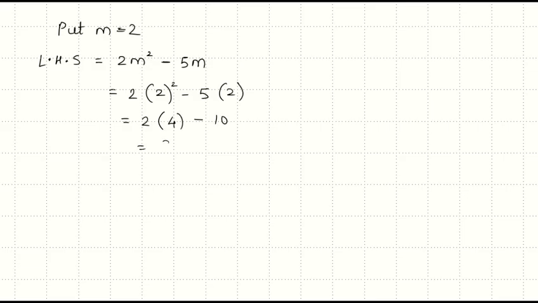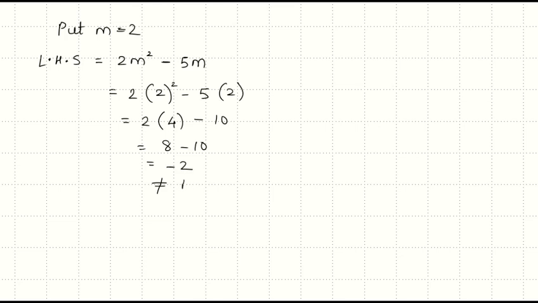Write down the LHS. 2m square minus 5m. Here m is 2, so we take 2 as m: 2 into 2 square, which is 4, minus 5 into 2, which is 10. This is 2 into 4 is 8, minus 10, which is equal to minus 2, which is not equal to 0